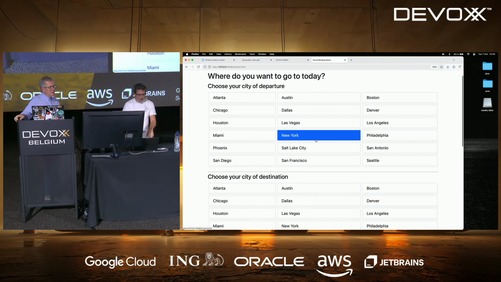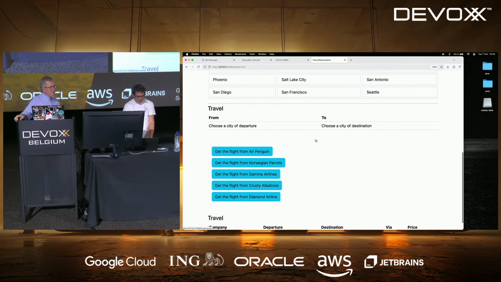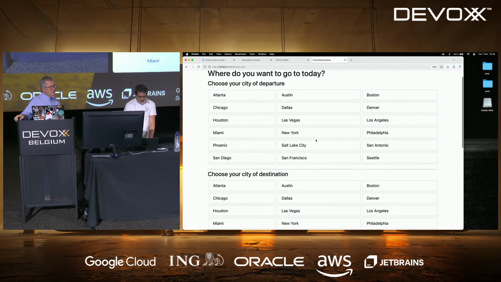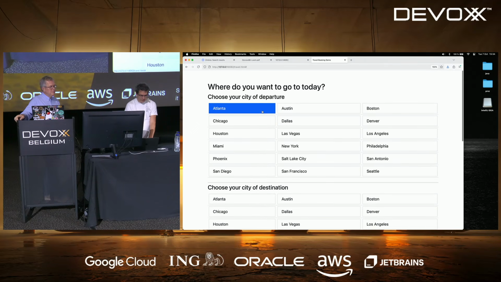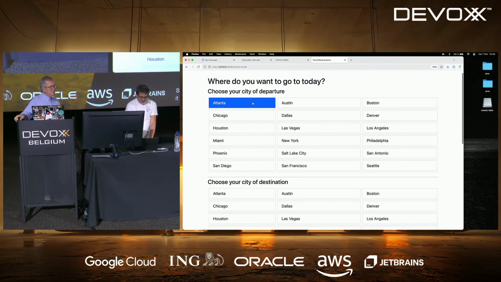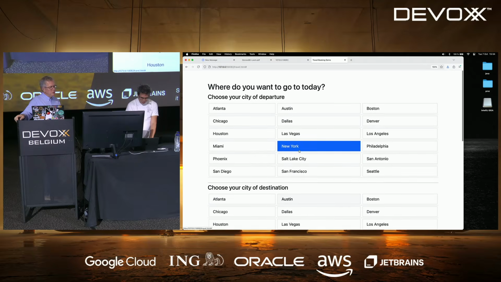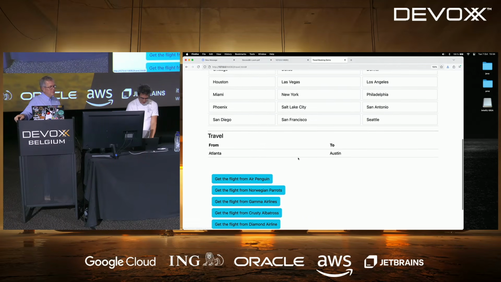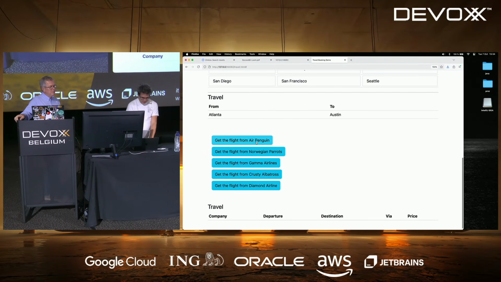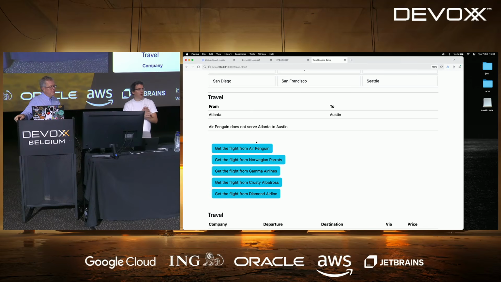So you can choose the city of departure and destination, and it will give you either a direct flight. Is it working? It is. Atlanta to Austin. And you have several companies that try to.